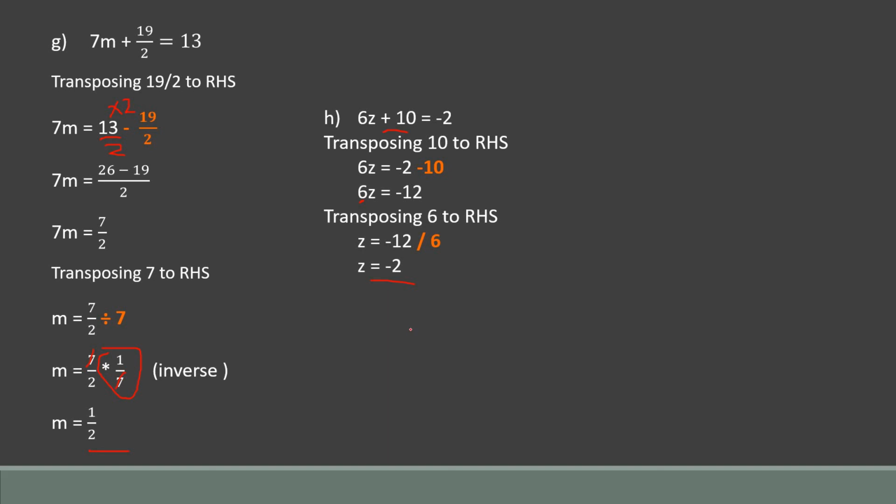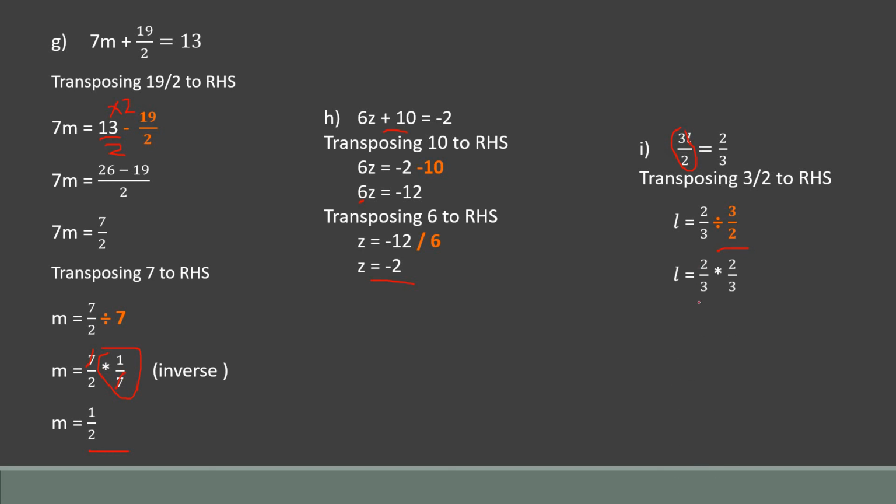Very easy and simple. Now next is 3l upon 2 is equal to 2 by 3. Again, fractions are there on both sides. Again, I am going to transpose this fraction 3 by 2, so I am going to transpose this 3 by 2 to the right hand side. It will become divide. So the equation will be L is equal to 2 upon 3 divided by 3 by 2. Now what do we have to do with this? Don't forget to take the inverse of it. Then only we can solve this.